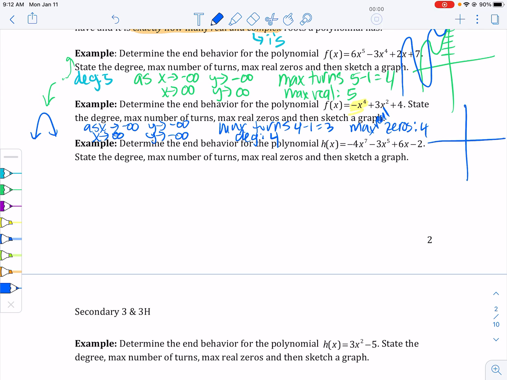okay, notice here, if we look here, our y-intercept is at 4. Okay. I'm opening down to this kind of a shape. So I could have something that looks like that. I could have something that looks like this. Right. I could have something that looks like